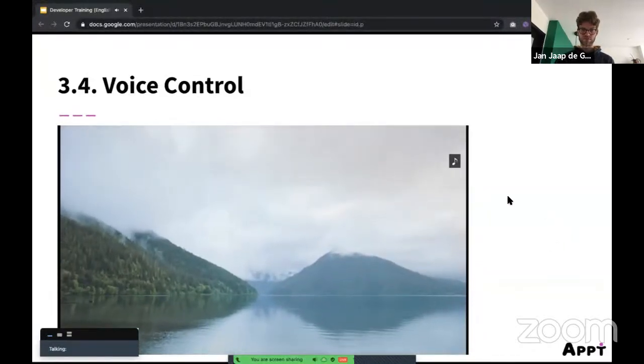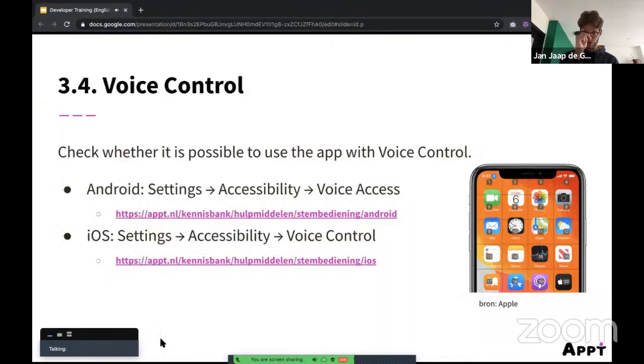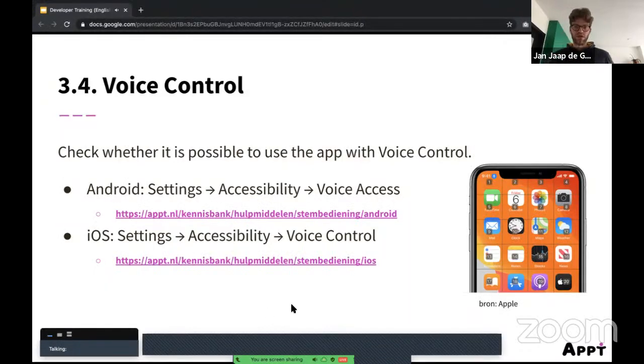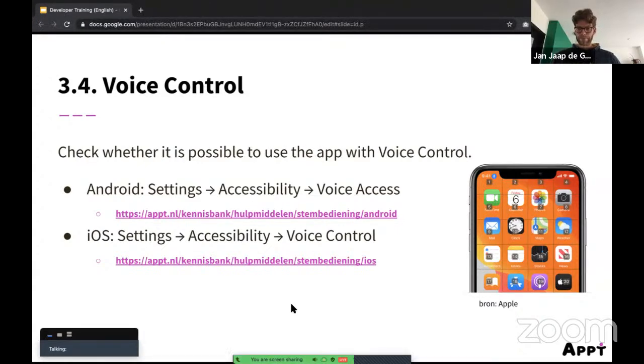All right. So voice control is available on all Android devices and all iOS devices. You can try it out yourself with some apps and see if you are able to use them completely with voice. A lot of apps are not accessible with voice access, but there's one way to find out. You can go to our knowledge base, read how to use it, and then try it out with one of the apps on your device, and maybe even on the apps you develop yourself, to see if they can be used with voice control.